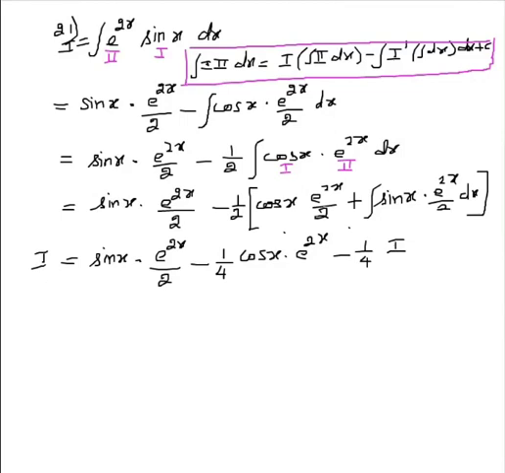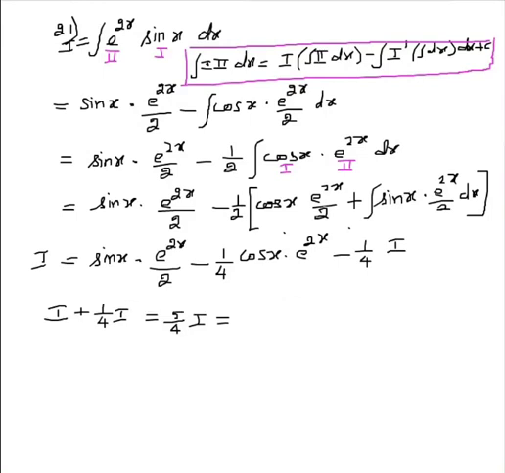We have to find I. Let us bring this I term to this side. That's what in that method it was given. Take I term which is on the right hand side to the left hand side. We get I plus 1 by 4I, which becomes 5 by 4I,